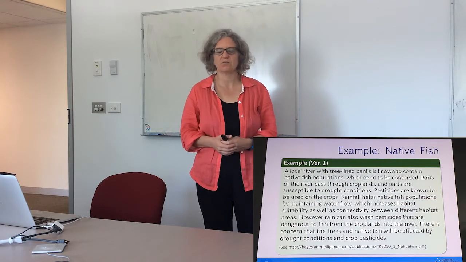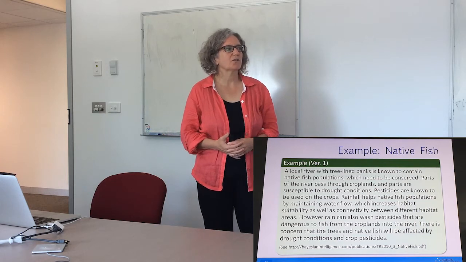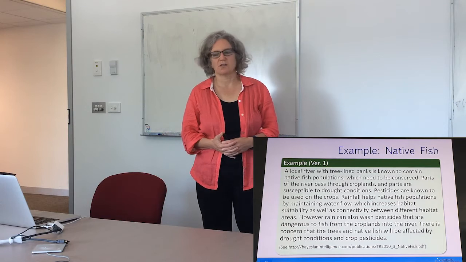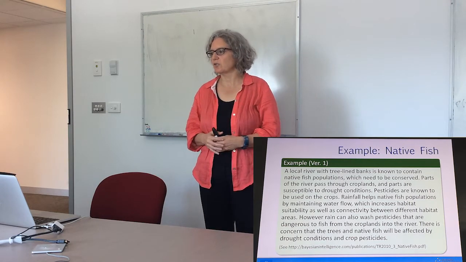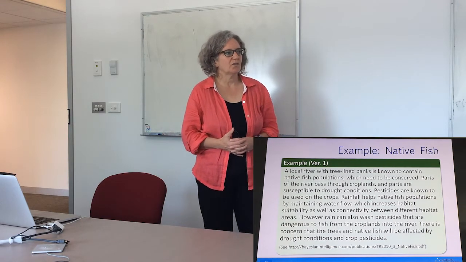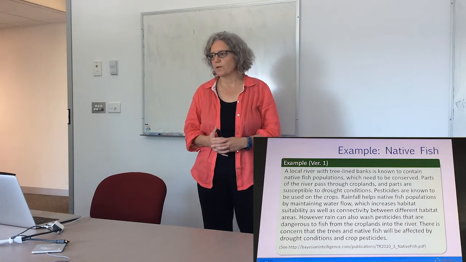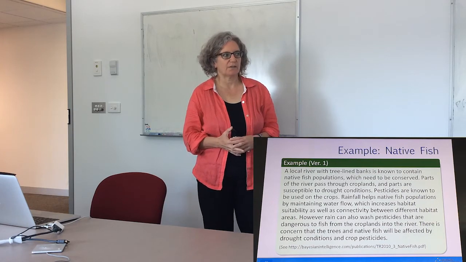So we're interested in an environmental issue here. Parts of the river pass through croplands and parts are susceptible to drought conditions. So, over the longer term, we're talking about drought. Pesticides are known to be used on the crops. Rainfall helps the native fish populations by maintaining the water flow in the river, which increases the habitat suitability they